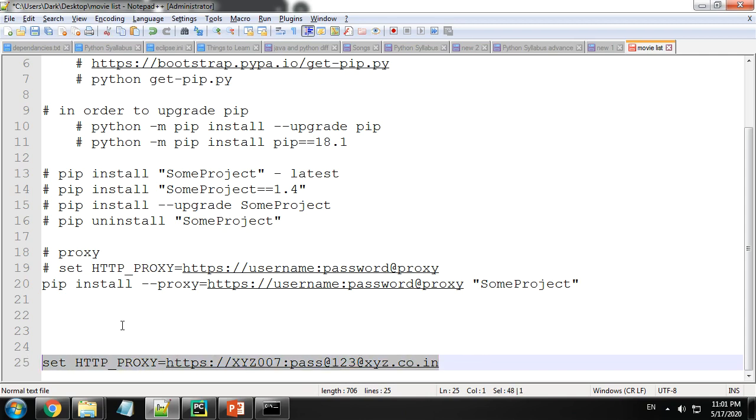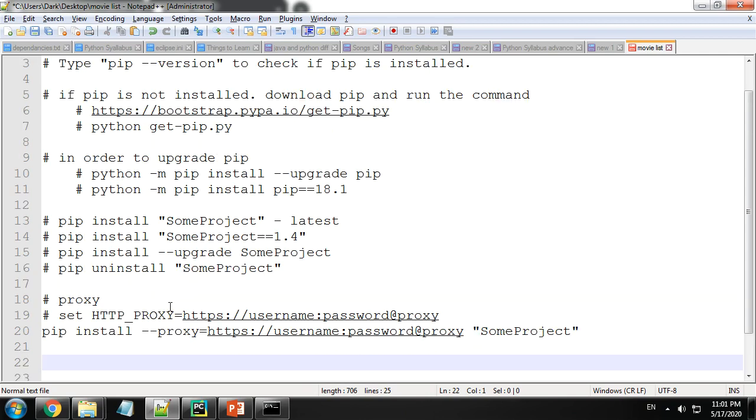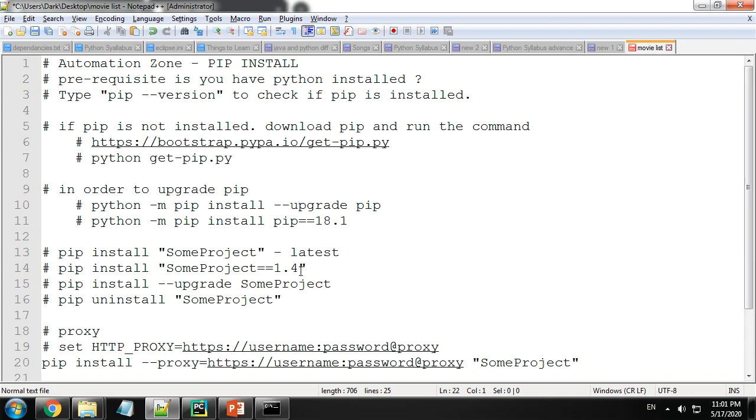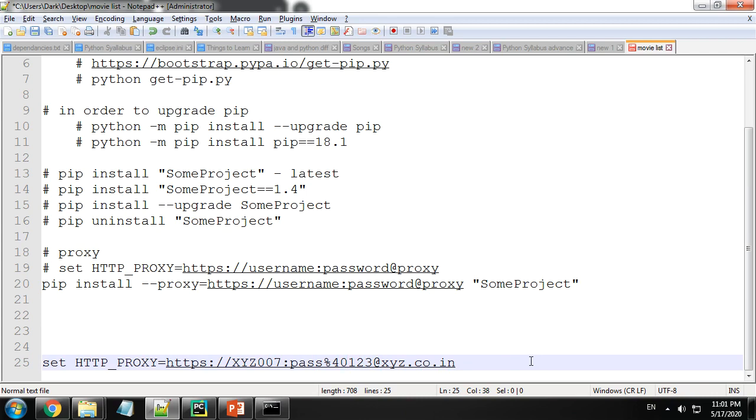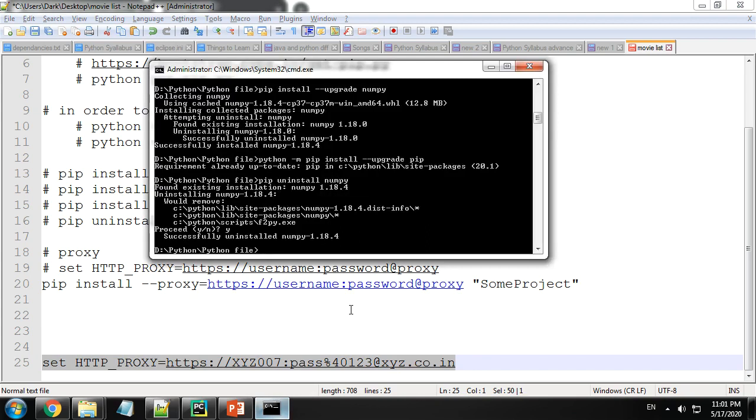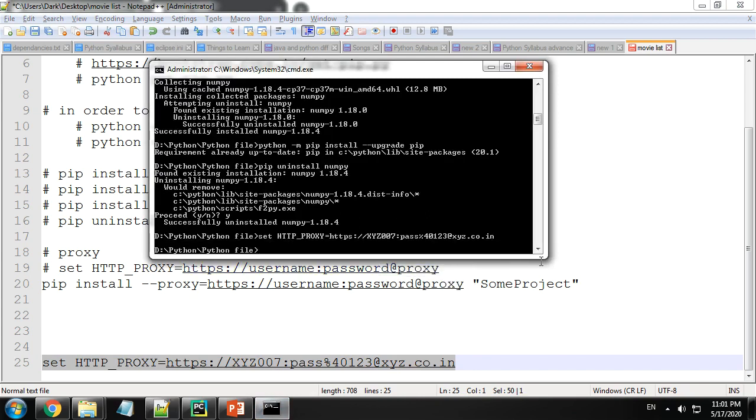Following this, you can then go ahead and type in your commands for pip install, and it will be able to access the internet without any issues. Now make sure that if you're typing a password with @, that is not going to work. Make sure that you specify the ASCII code for this. So here it is going to be %40. I think that's right. You can just go and verify, copy this, paste it in your command prompt, and once that's done, you can go ahead with your normal commands.